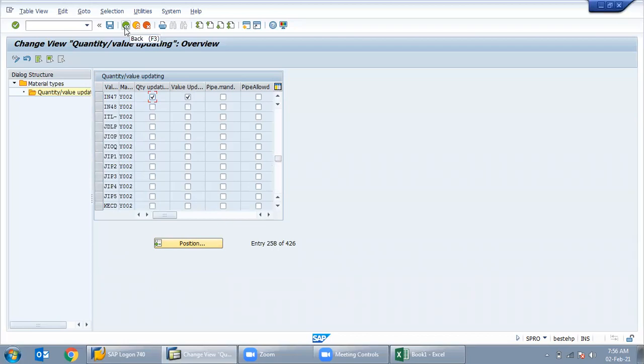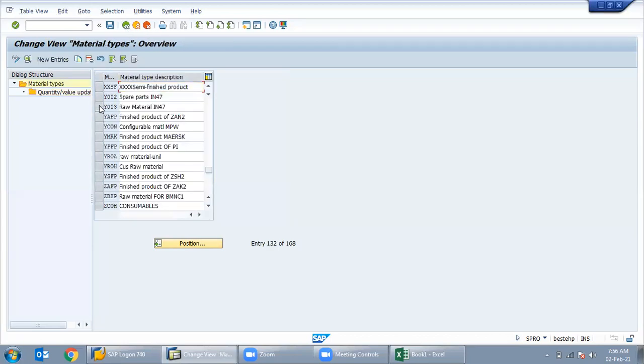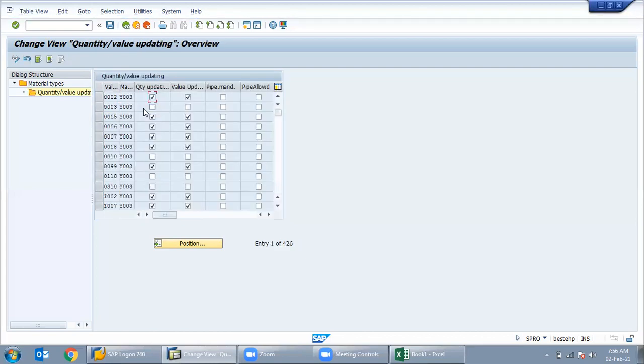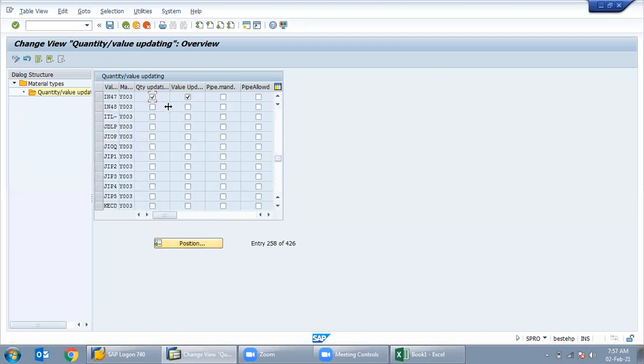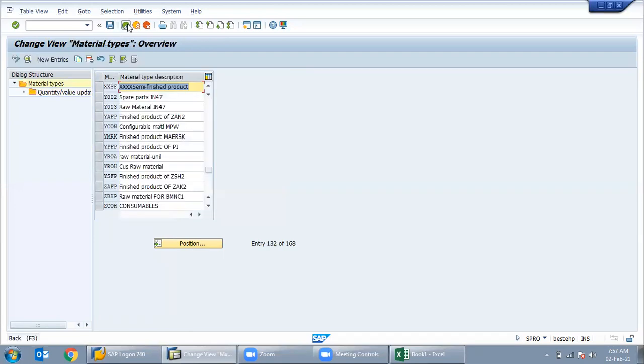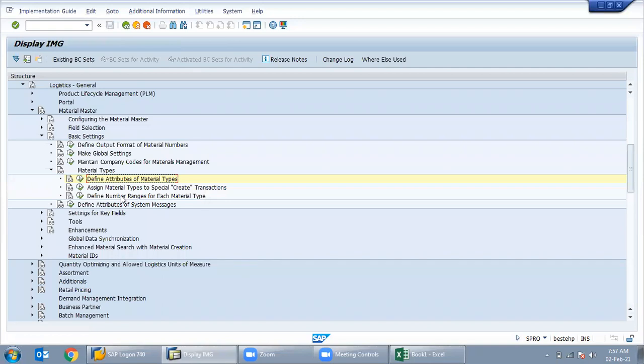Y002 is already done, and Y003. We already ticked both the checks, so now it is okay, not an issue. So the material type is created.